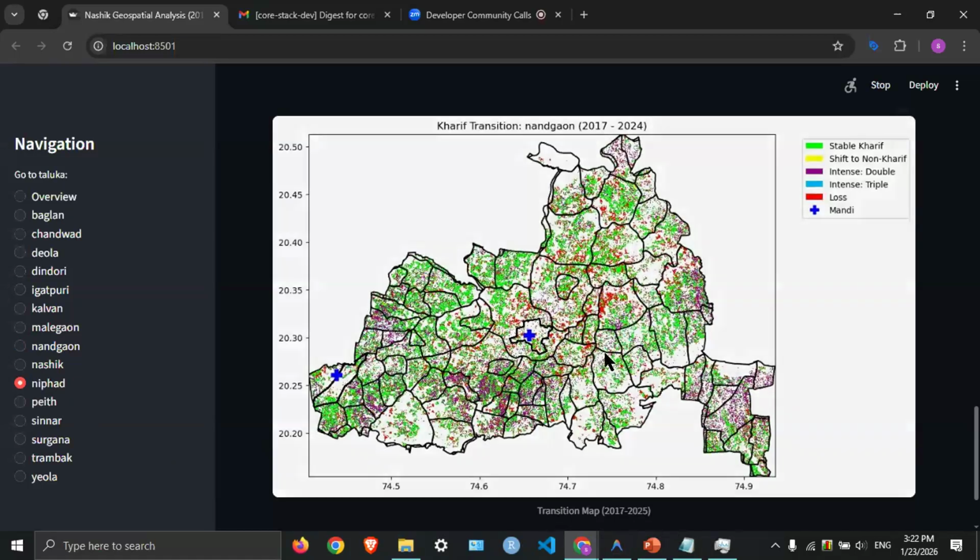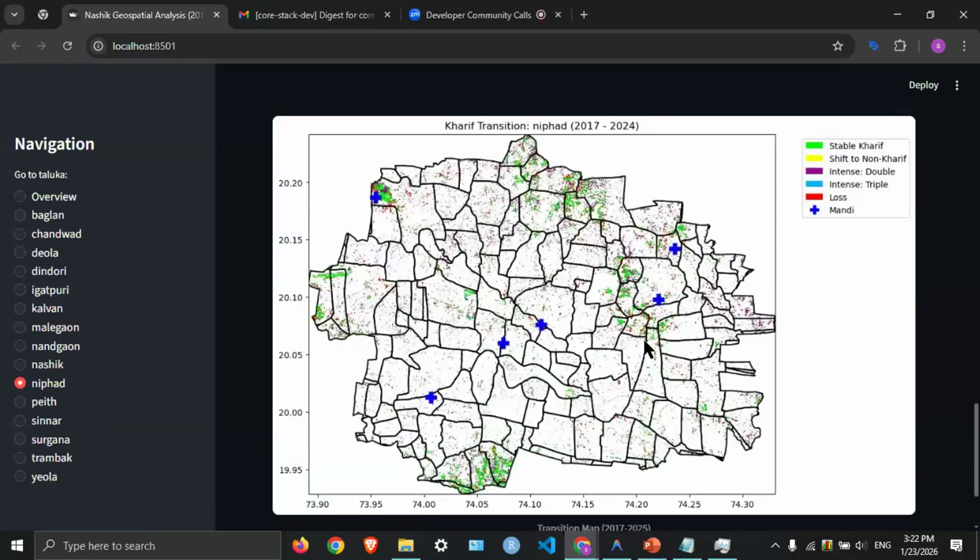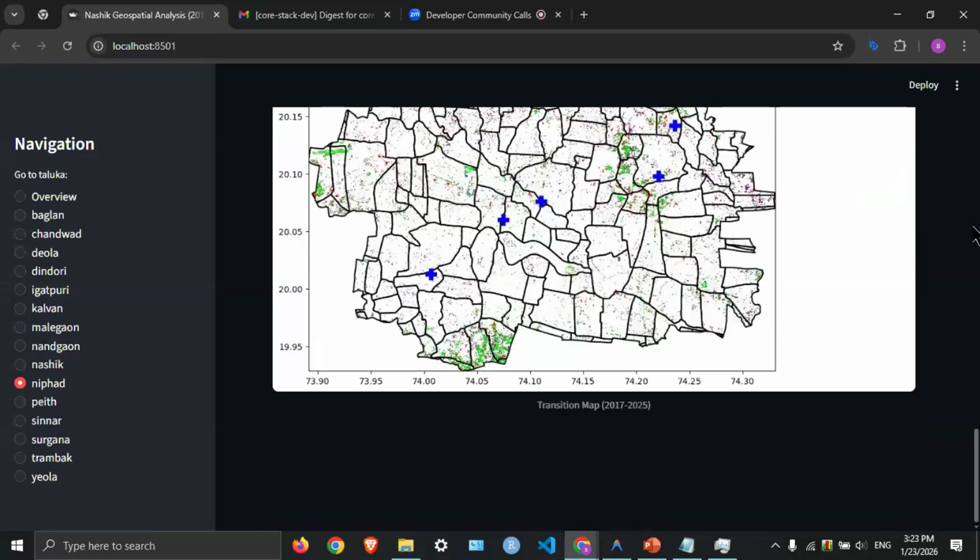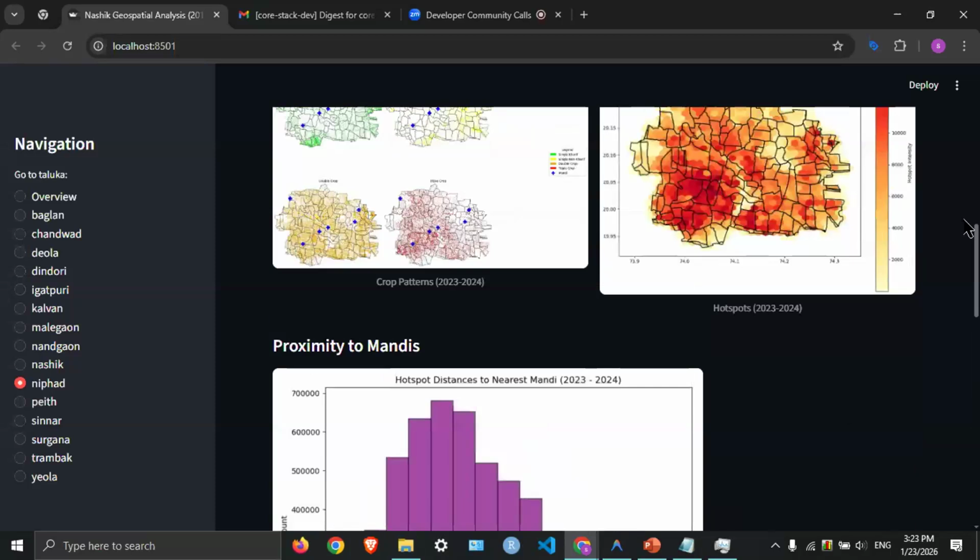Yes, and another interesting thing I also want to show you is that Niphad is one of the central tahsils where different mandis and traders are also located. But at the same time, if we see the transition map, not much is happening. Only in a north part and southern part of a few villages can we see there is a stable kharif crop plantation. In the same way,